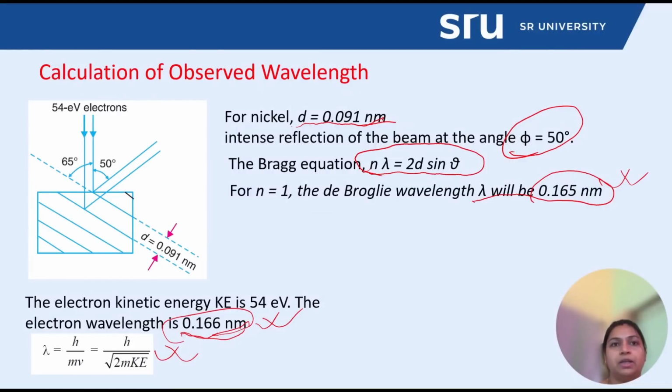These observations agree well with the expected wavelength, and the Davisson-Germer experiment directly verified de Broglie's hypothesis of the wave nature of moving bodies. The electron wavelength calculated at different angles and surfaces is found to be very similar. So this is the direct proof of the de Broglie hypothesis.